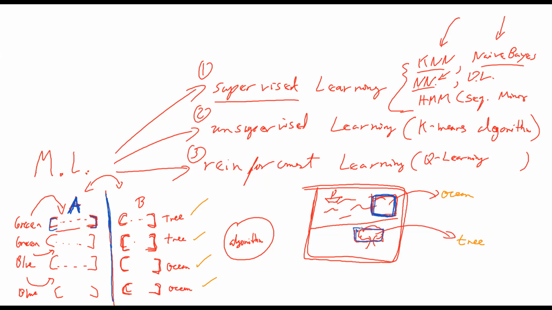So what do you guys think? How would you represent that? You understand that you're building a model, right? And the model takes in an input, which is A, and produces an output, which is B, right? Predicts the ocean or tree. So what do you think the input could be? How would you represent that? And don't think of doing it in an algorithm right now, just by hand. Let's say that just by hand, you could look at something and then with a pencil write down some information. What could you